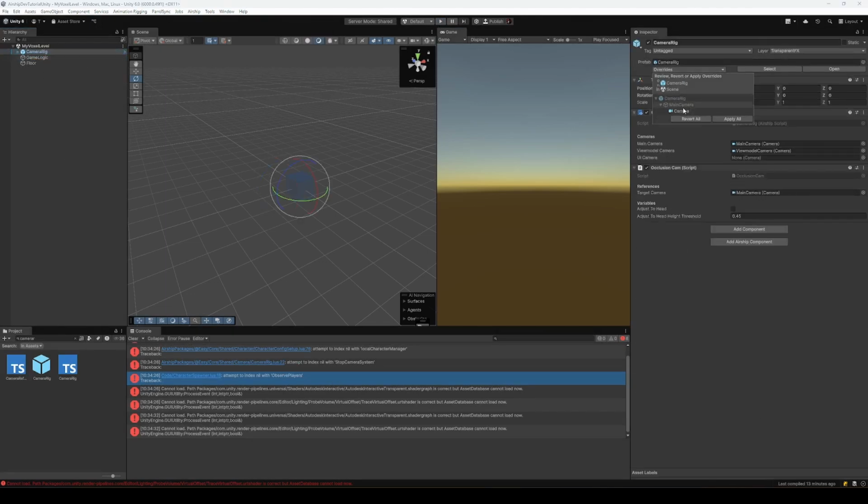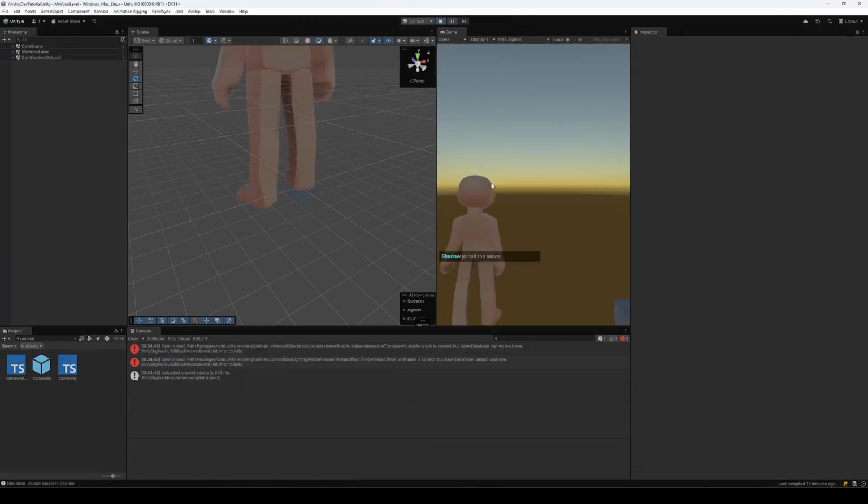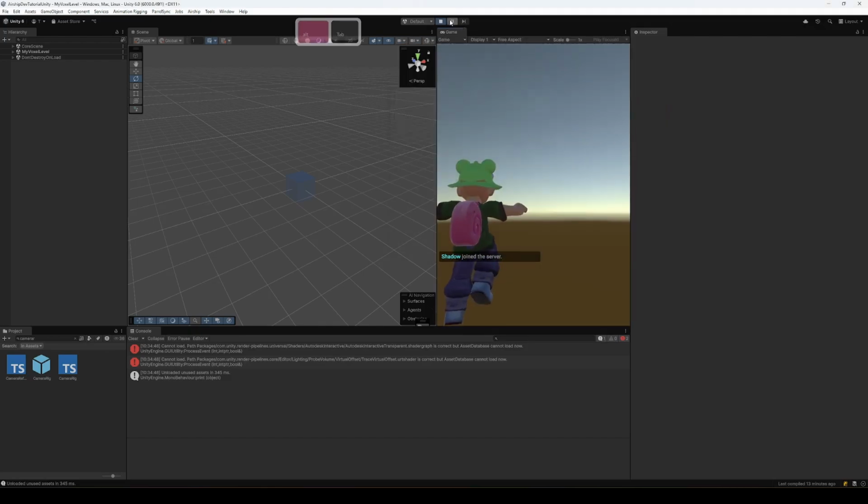My camera came in with some changes, so I'm just going to hit revert all so that it uses the default prefab settings on the camera. Let's try that one more time. There we go. I'm here, I spawned falling,